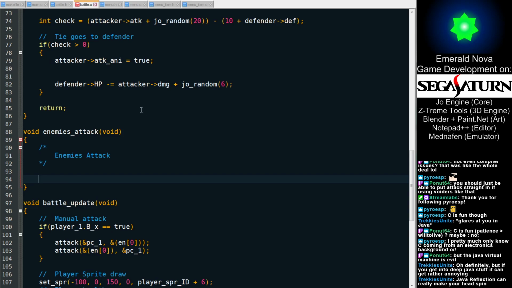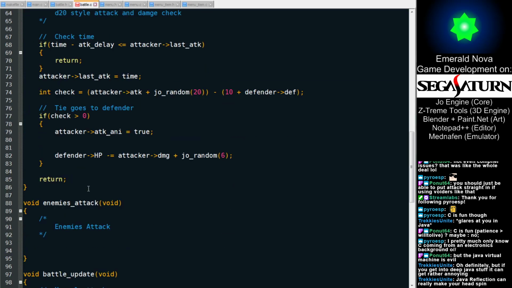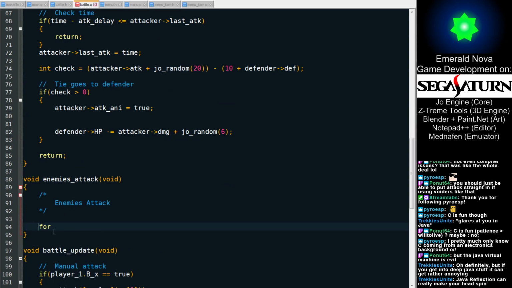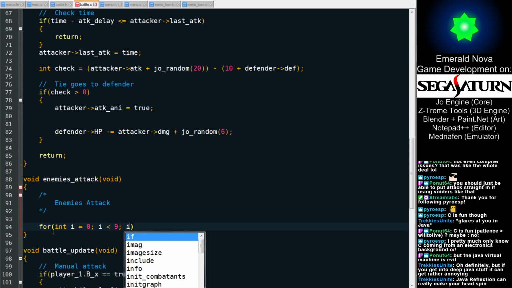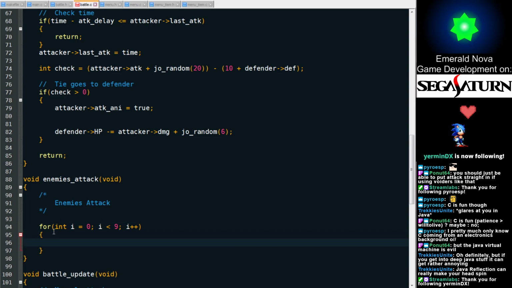Anyway, let me go ahead and write a for loop: int i equals 0, i less than 9, i plus plus. I'm going to loop through all the